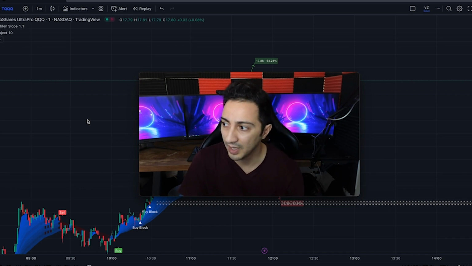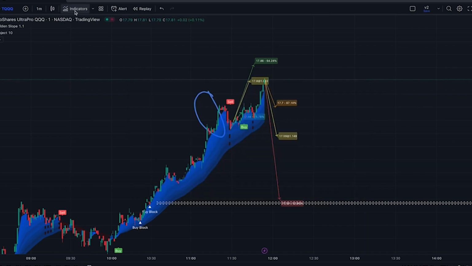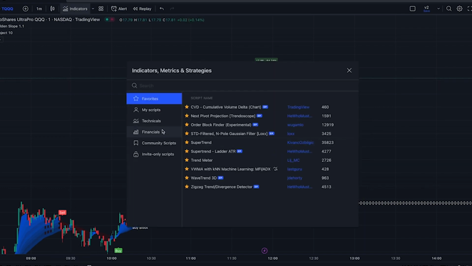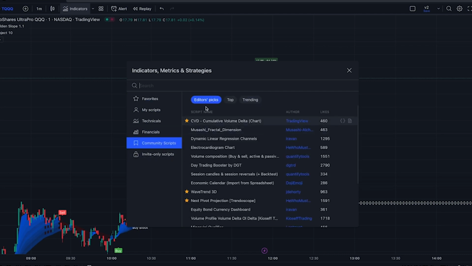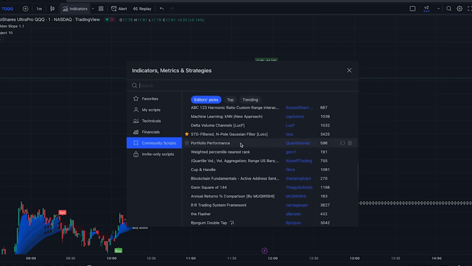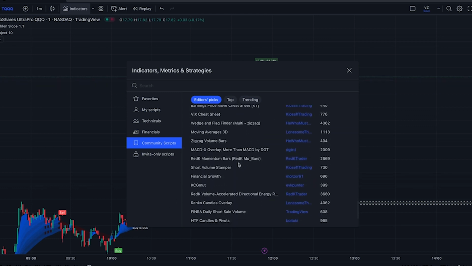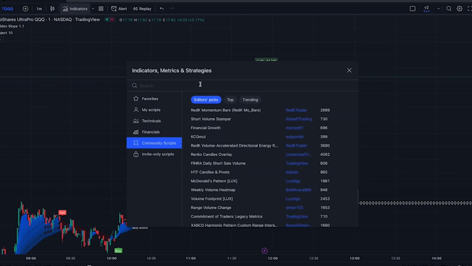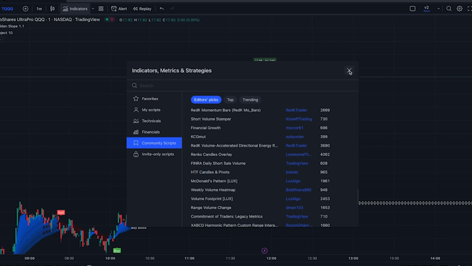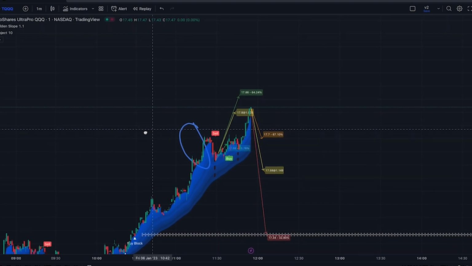It's pretty cool, and you can actually use a lot of public indicators. So there's a whole indicator section, by the way. You can go and just search for the scripts and stuff like that, and you can find the ones you like, or if there's anyone that you know personally that you want to search, you can just search it right here. Yeah, pretty interesting stuff. Again, a lot of cool stuff happening in this platform, and it can help you